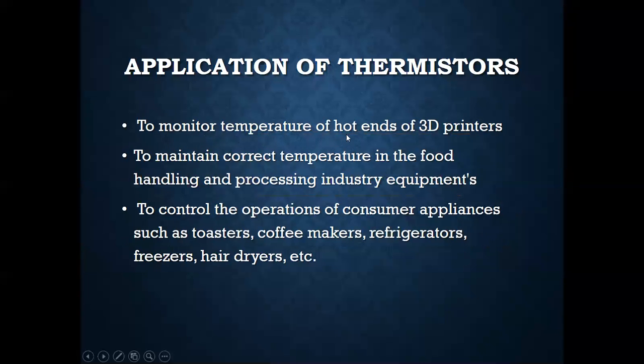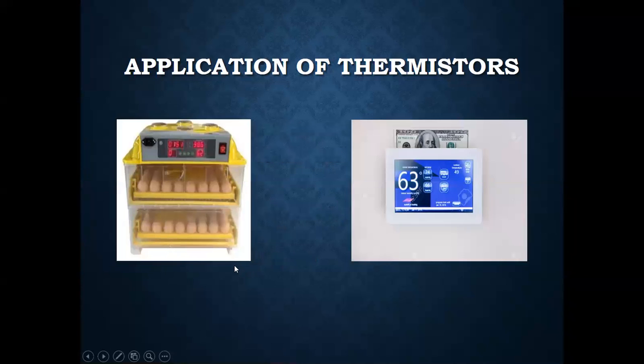Then to monitor the temperature of hot ends of 3D printers, in that case we are using thermistors. Also to correct temperature in food handling and processing industry equipment. Control the operation of consumer appliances such as toasters, coffee makers, refrigerators, freezers, hair dryers, etc. These are all applications of thermistors. Application of this is hatchery. I told you that in order to keep the